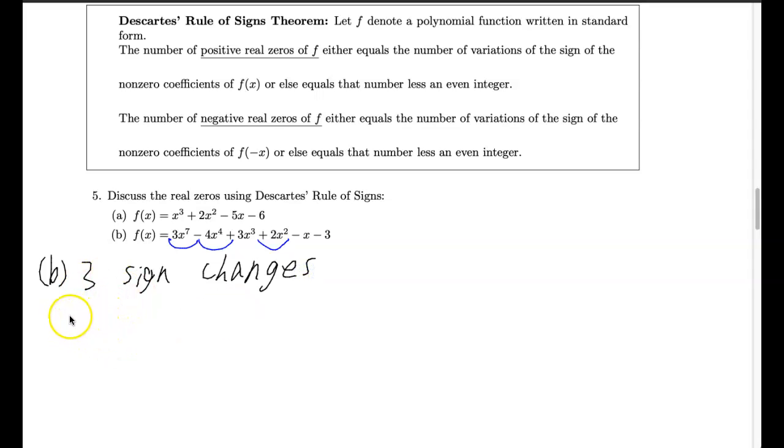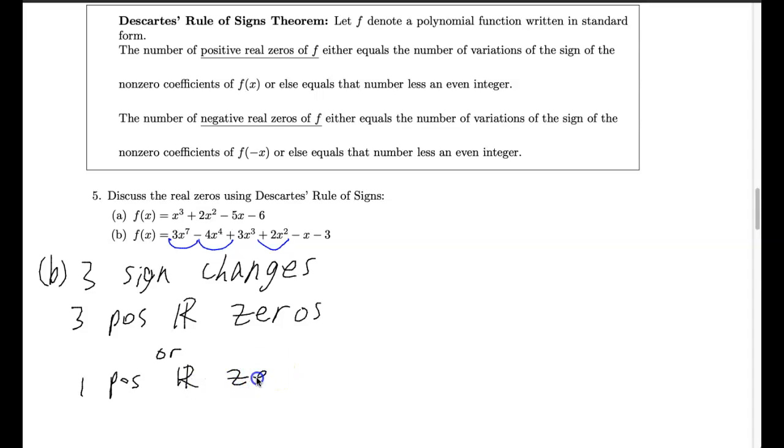So this means that you can have 3 positive real zeros or 1 positive real zero. Again, because it's less than an even integer, 2 is an even integer, 3 minus 2 is going to be your 1. When we find f of negative x,